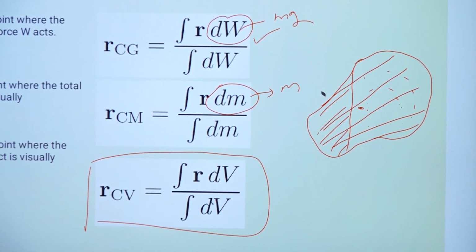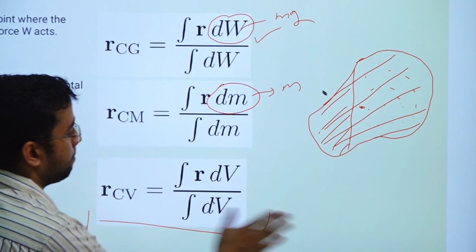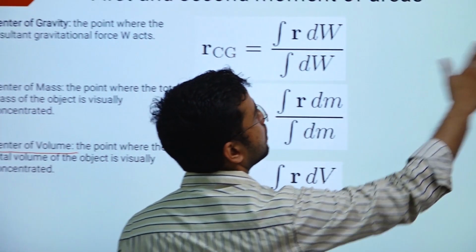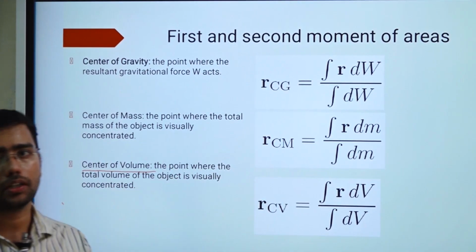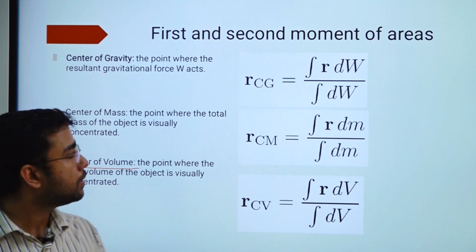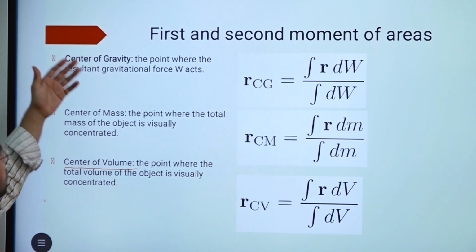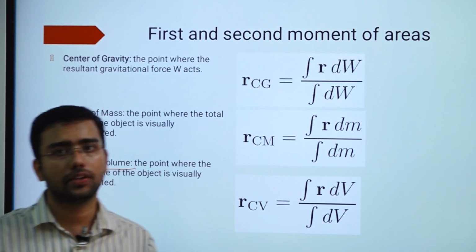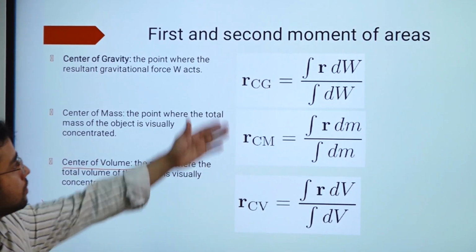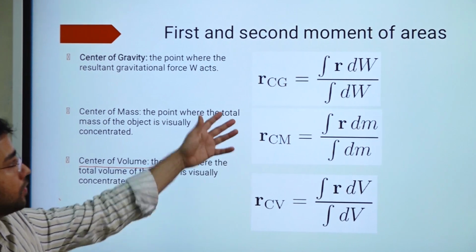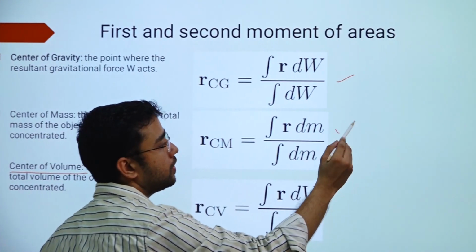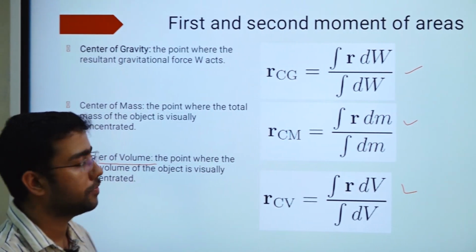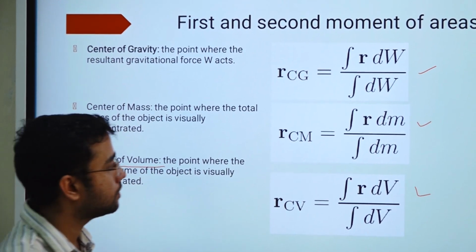Okay, so it is the theoretical part. You have to understand the difference between all these terms, and whether you are able to speak it or not, you should be able to understand the difference between center of gravity, center of mass and center of volume. In the GATE exam they are not going to ask the definition, right? What they are going to ask is numericals, right? And you have to solve them by deciding whether to apply this formula or this one. It depends upon your own understanding, right? Whether you can put it in words or not doesn't matter, right?